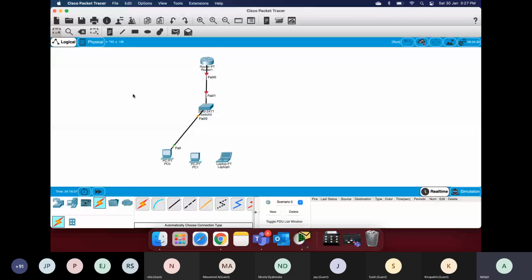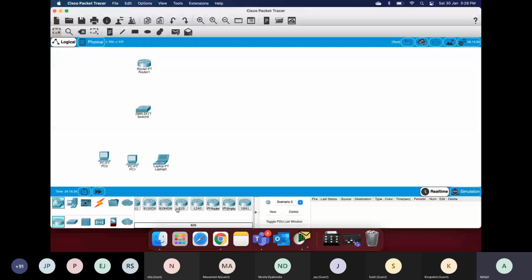So there is a shortcut that you can use. I'll delete these cables for now. You can press the Control button on your keyboard and then select this particular cable. And it works with every device. Let's say you want to place 10 routers over here. If you do it one by one, you need to go to the router section and place one device, then another device, then another like that. But instead, you can just press Control on your keyboard, and then select this PT router. Once you've selected the device, you can release the Control button and then